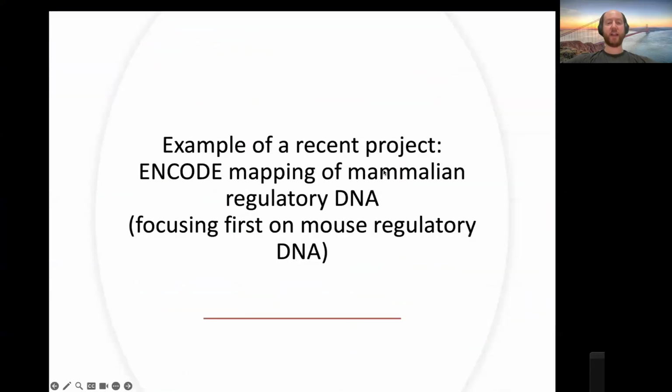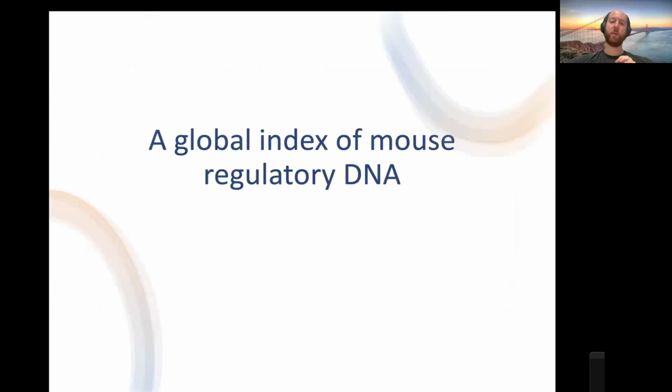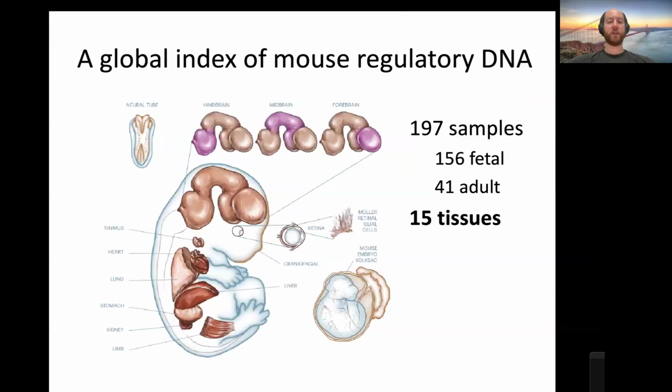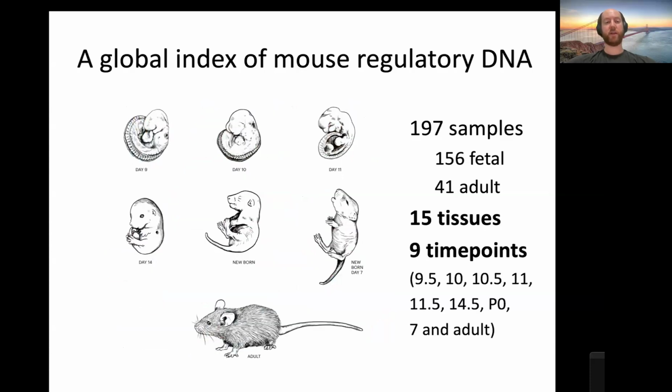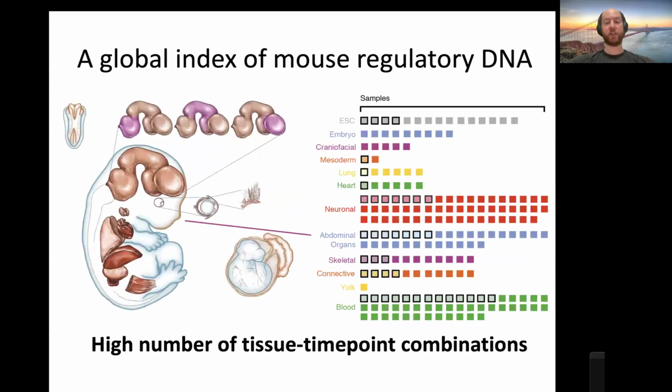I might go ahead and talk a little bit about my work in the ENCODE project. I was focused very specifically on building a global index of mouse DNA and comparing it to human DNA. We're trying to understand how evolution happens. There's at least 65 million years of evolution separating humans and mice, and I was focused on the evolutionary aspect of this. We took a number of samples throughout mouse development, covering different days of mouse development and different tissues.